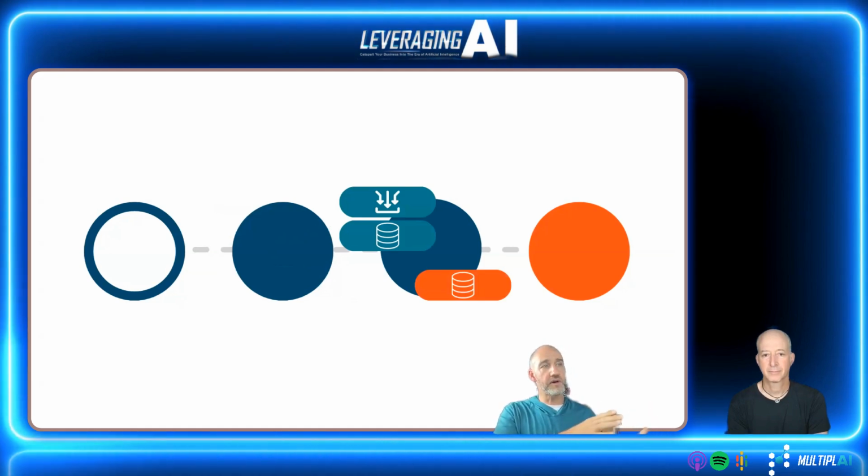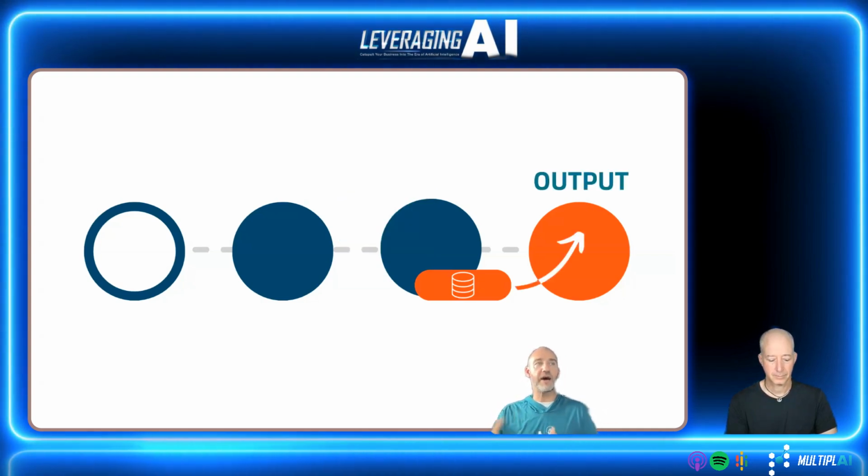And with these automation tools, integration tools, you can put as many of these operations in place as you want. There's two here, but the one I'm going to show you probably has 13 to 15 operations that happen between the trigger and the output. And each of them has an input and creates an output. And then finally, that final output, we need to send it somewhere. So that final step is that output.